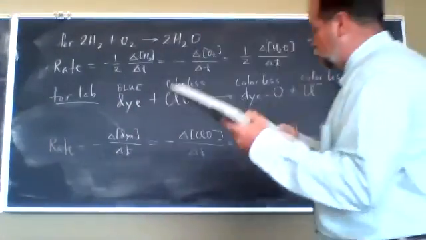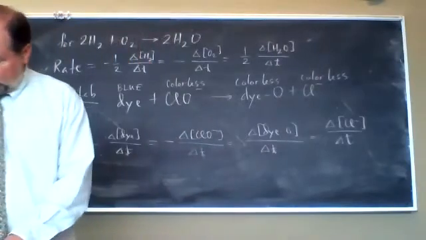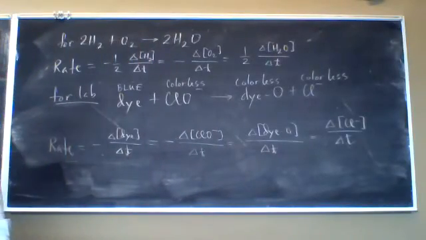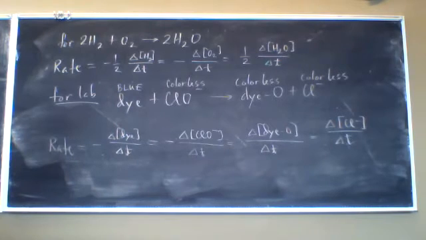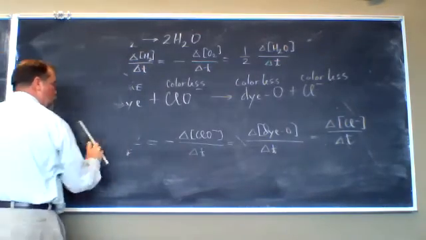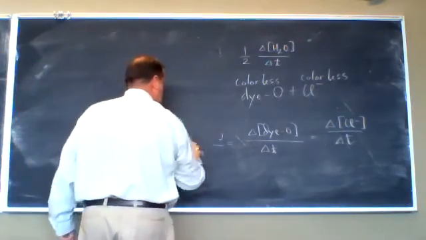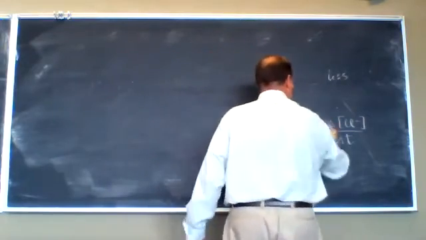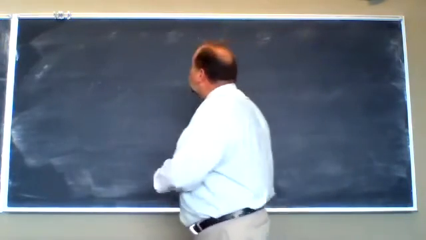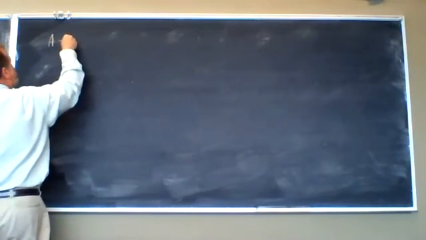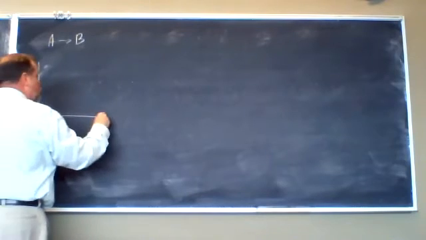They actually show this as a reaction between methane and oxygen, or I'm sorry, ethylene and oxygen to make carbon dioxide and water. But it turns out that the shape of our plot is going to be exactly the same if we talk about the isomerization reaction. And so for the isomerization reaction of A turning into B, if we measure